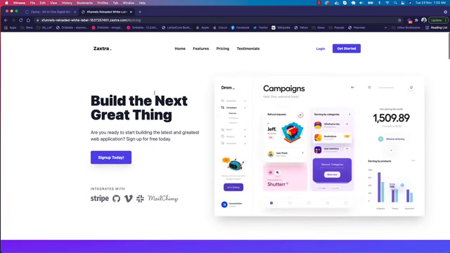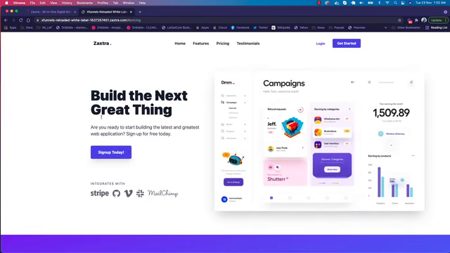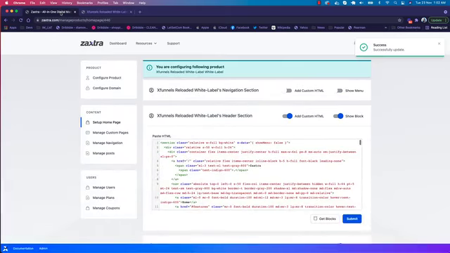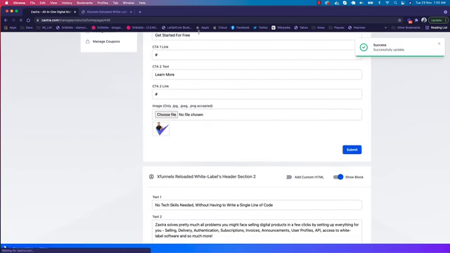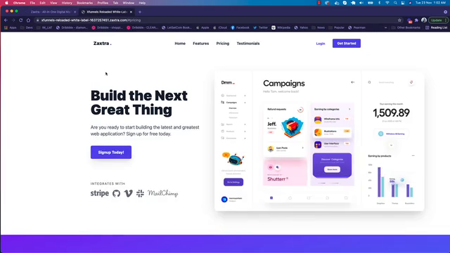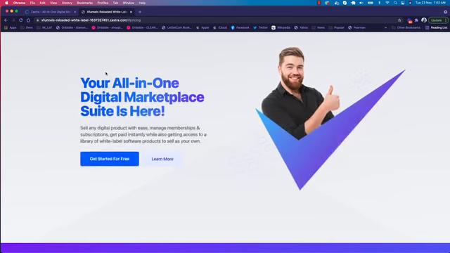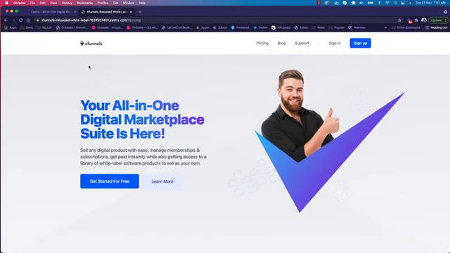Now you can actually change the content on this block if you want, including the image and the button link and everything. But if you want to go with the last design which we just created, we just need to turn this add custom HTML off and show menu on and submit, and it will be changed. So that's how you can customize the whole page in just a few easy clicks.